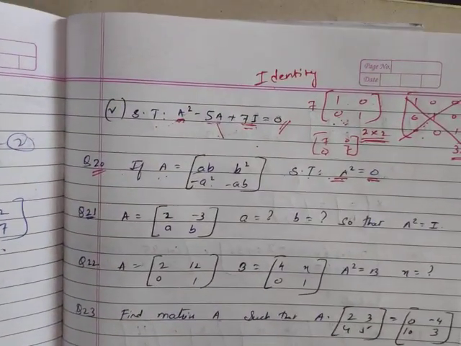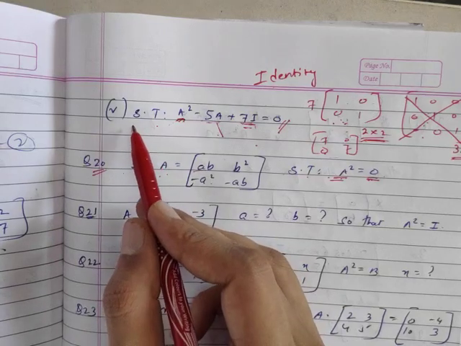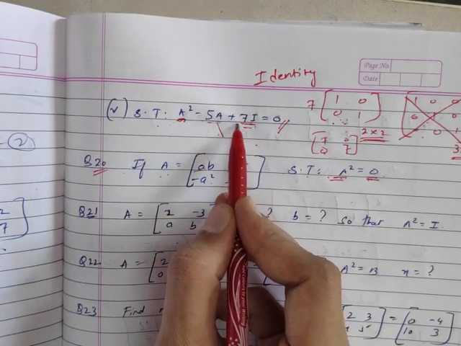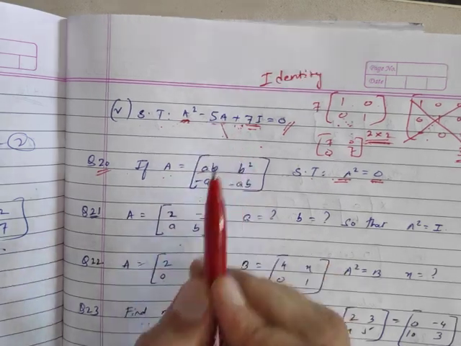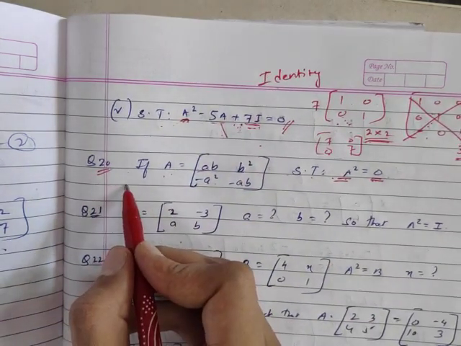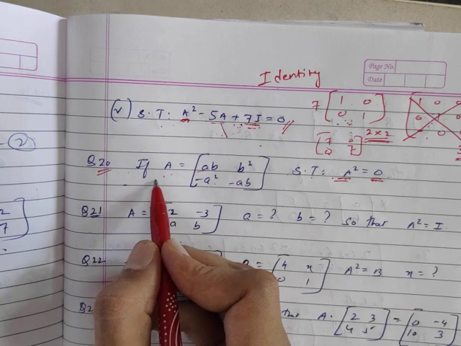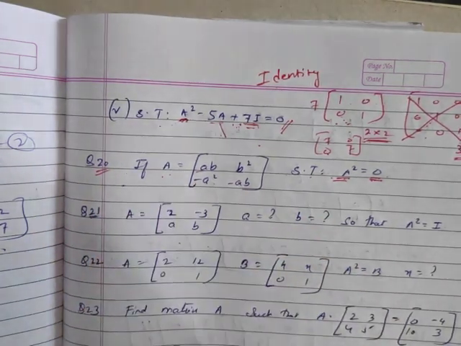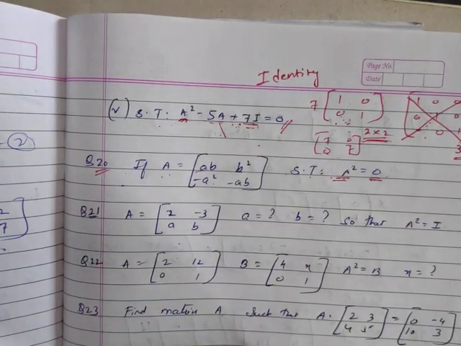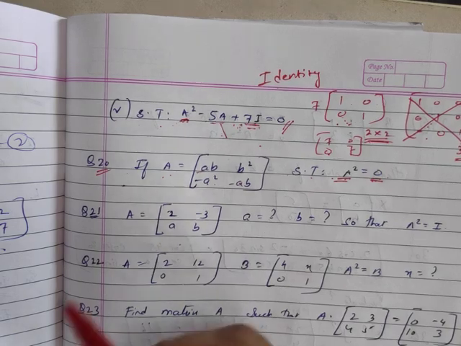The questions I've taken are from the textbook only. You got to solve them. And the last question that you got to solve today is this 20th question. We'll soon meet and discuss the questions in the next lecture,